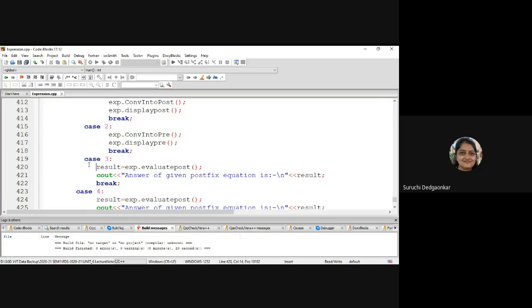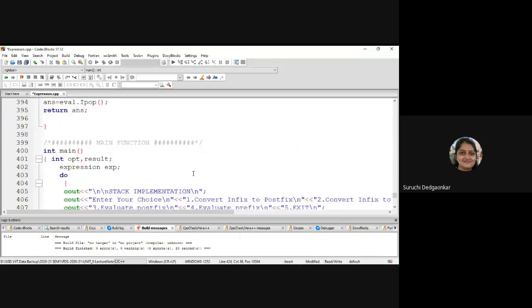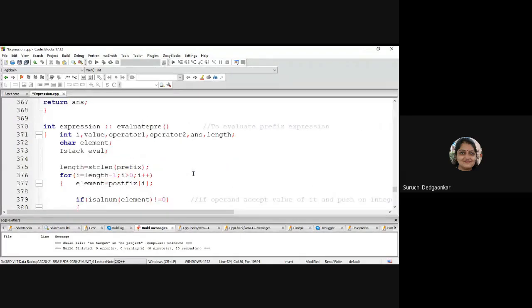So you can work on these two options first: evaluate postfix and evaluate prefix.